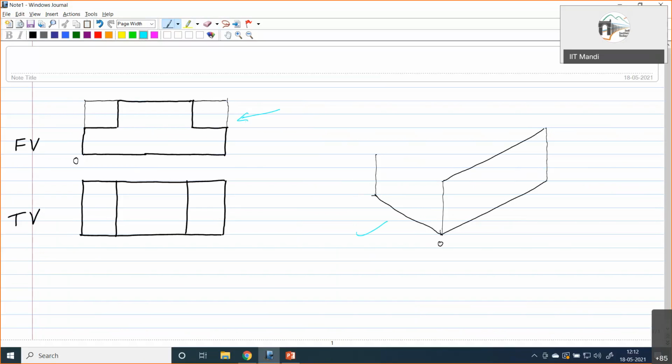This is the depth part, and this also will be obtained in the form of a face. Oh sorry, I have drawn it a bit smaller. It will be like this.